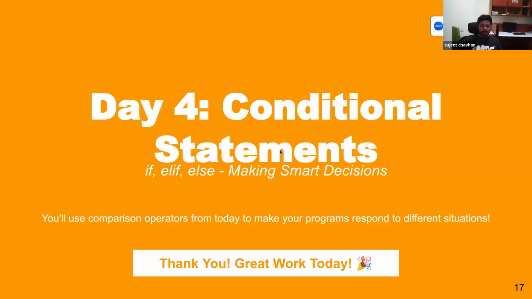So in the day 4, tomorrow, we will see conditional statements, if, elif, else, which are used to make smart decisions. And whatever comparison operators we learned today, less than, greater than, less than or equal to and all, we will use in if, elif conditions. Okay. So whatever we learned today will be applied tomorrow. Same things will be happening when we move ahead. So if previous thing is not clear, then you will not be able to understand the next thing. Okay. So make sure that you do all the homeworks, rewatch the lectures again, and